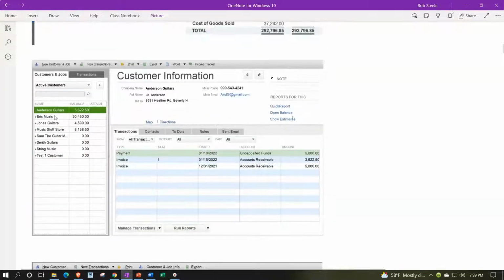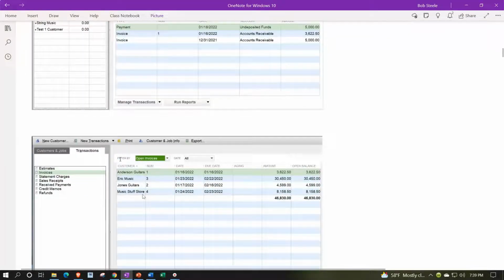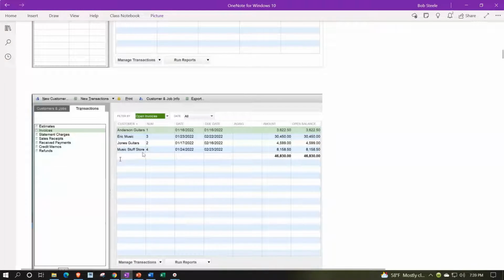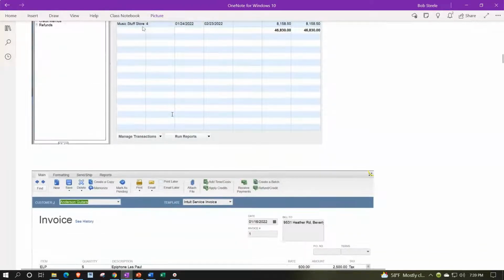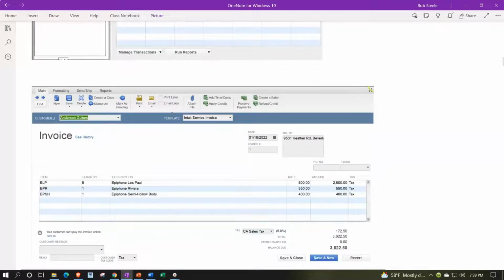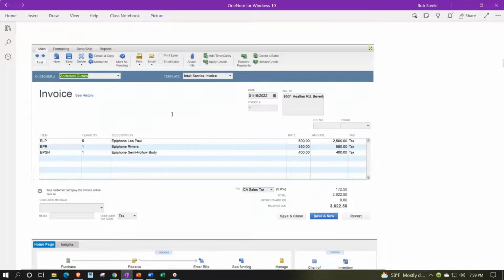checking account. If we go to the customer center, we could see the information that we've been putting in place, including the invoices. This is one way to sort the invoices and then see the payments that possibly we have received related to them. We can also go to the transactions tab on the right, look at the invoices and possibly sort by open invoices, which is nice because that can help us to track the invoices that have not yet been paid. We're looking at the receive payment, the form showing the open invoices then closing because we're going